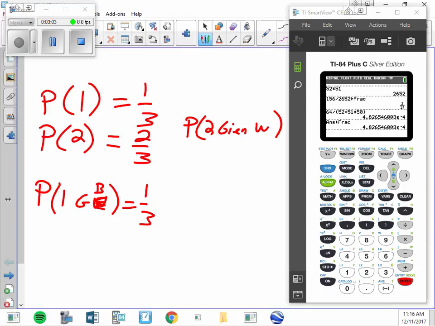Now C, what's the chance of drawing a 1? 2 out of 6, which is 1/3. What's the chance of drawing a 1 if you have a white? 1 out of 3. Okay, let's try with 2s. What's the chance of drawing a 2? 1/2, 3 out of 6. What's the chance of drawing a 2 if you know the card is white? 1 out of 3. So those are dependent because the ratio of 2s is different than the ratio of 2s given white. And the same is true of 3s.